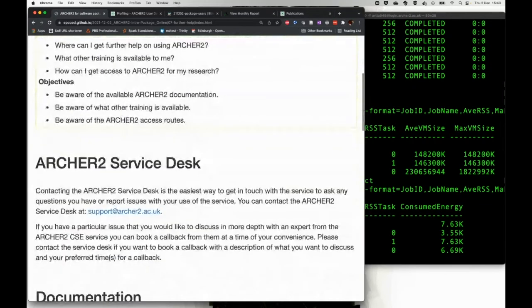The main points of support, as I hope you've seen, are the documentation and the service desk. The service desk, we're always happy to try and answer any questions that people have, as efficiently as we can. The address is support@archer2.ac.uk. If you have an issue that's maybe not so well defined, or you want to discuss something in more depth with an expert, one of the CSE experts, either from EPCC or even from the HPE Centre of Excellence, who are the application specialists who support the service from HPE,